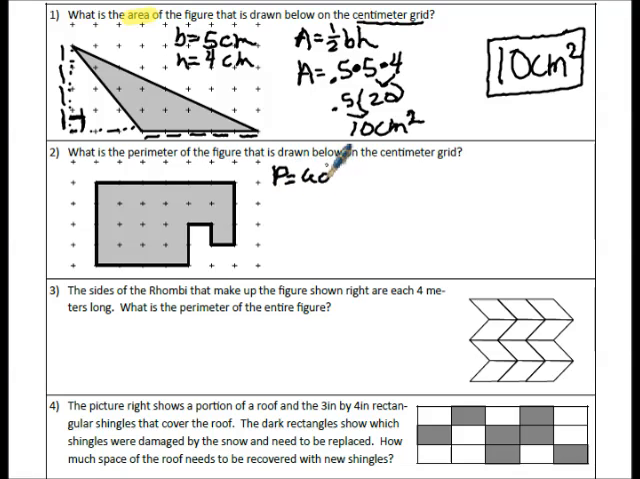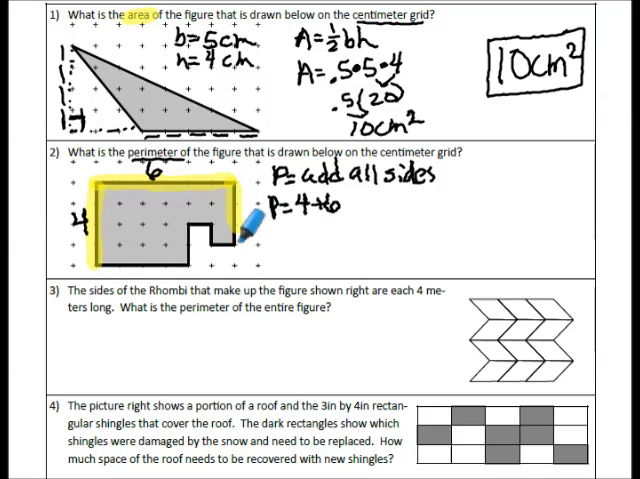What is the perimeter of the figure that's drawn below on the centimeter grid? Well, perimeter for any polygon is going to be to add up all the sides. So if I look at this, I have 1, 2, 3, 4 on this side, plus 1, 2, 3, 4, 5, 6 on this side, and then I have 1, 2, 3 centimeters on this side,